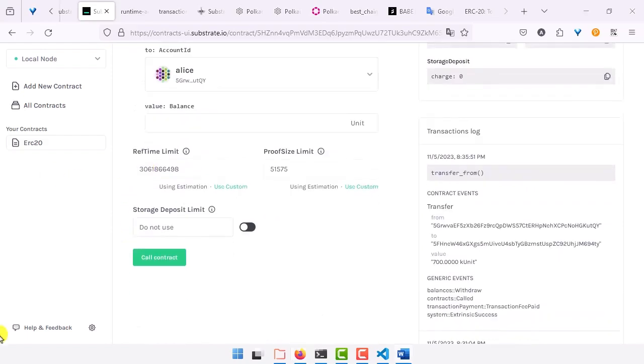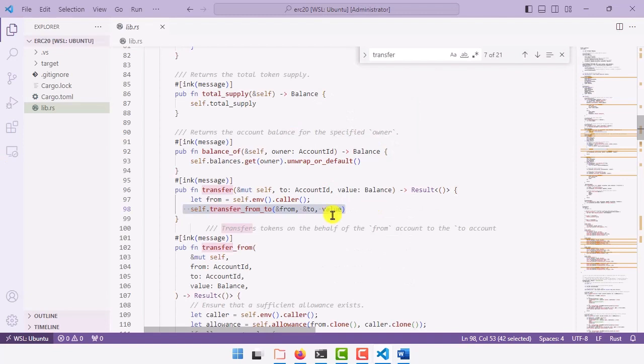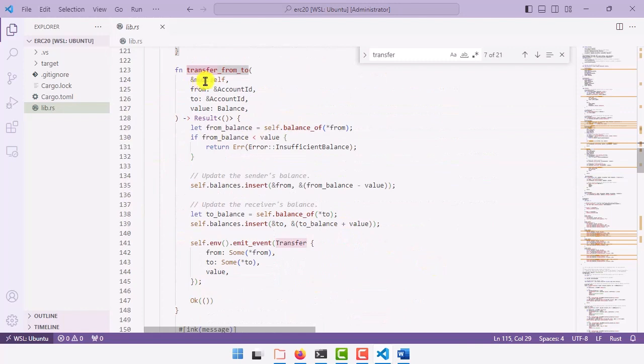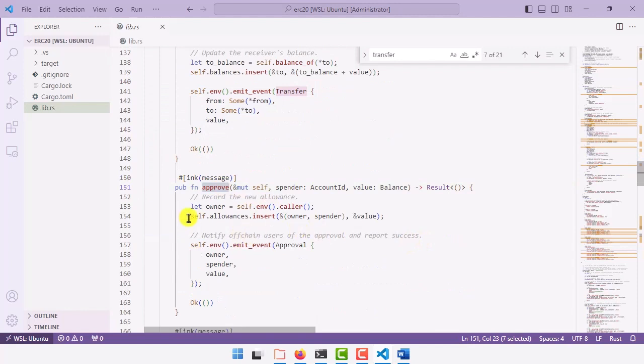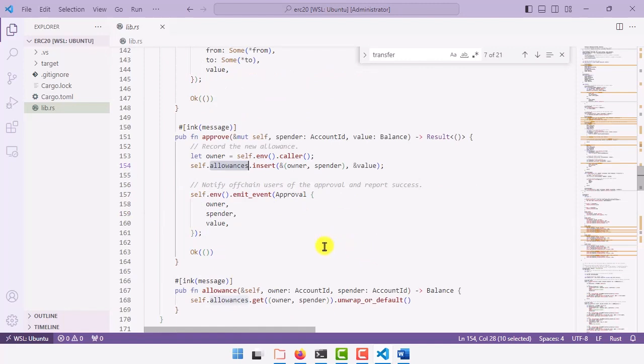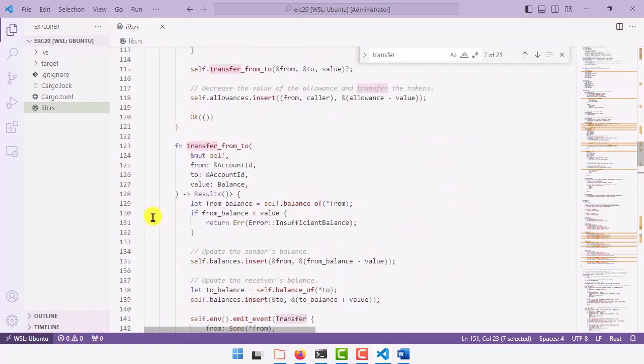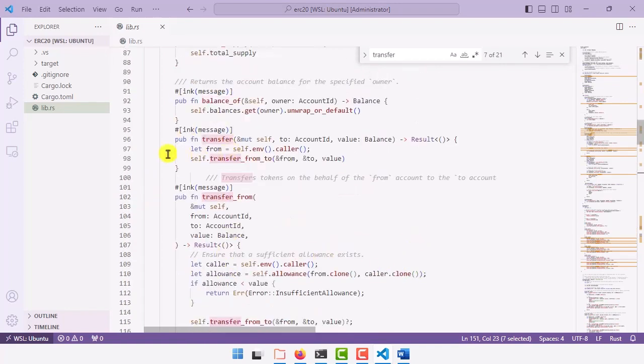in the transfer. Let me rotate to the code. In this line, we call transfer from, and in transfer from, we will use the approve method. It is right here, and in the function transfer from to, at first the code will check balances, and then after our process has finished, it will emit an event. In the approve section, there is an inner function, allowance. So we must determine the chain of functions between allowance, approve and transfer from to, and after that we can have a